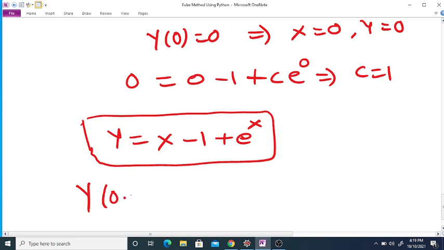So y of 0.4 is equal to 0.4 minus 1 plus e raised to 0.4. If you use your calculator, 0.4 minus 1 plus e raised to 0.4 is equal to